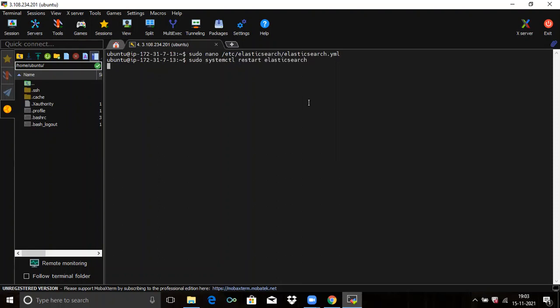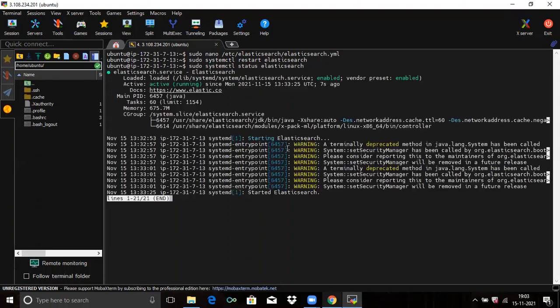It takes some time. Now let's check the status of our Elasticsearch. You can see active (running).